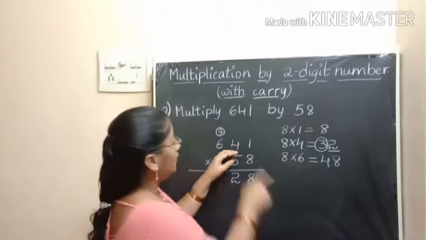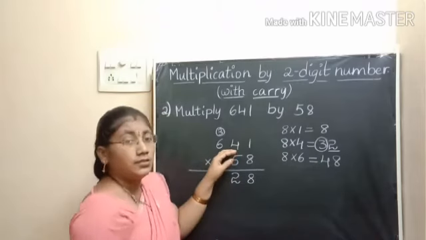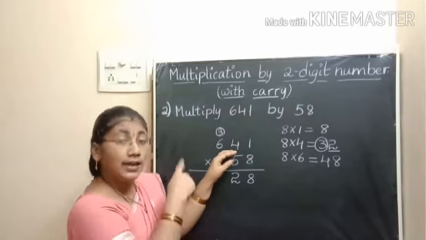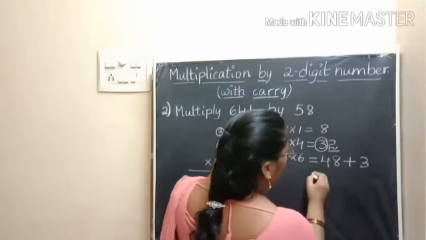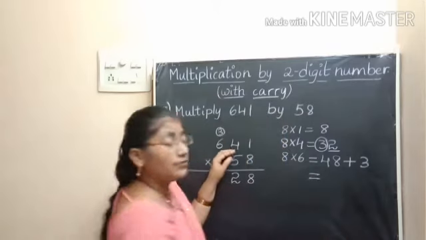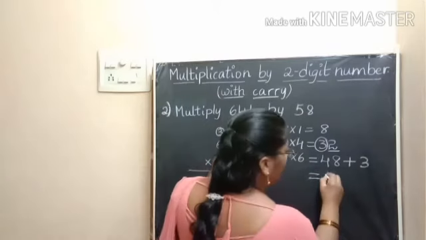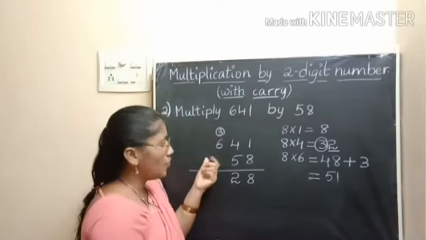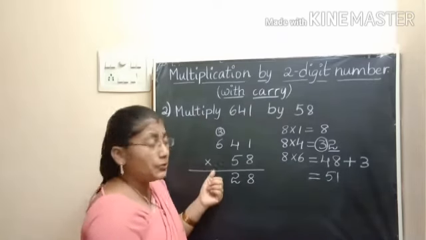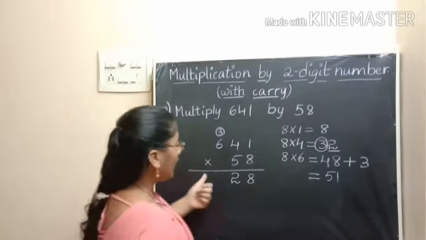But here we have a carry, so we should add that carry to this result. By adding 48 and 3, we get 51. So 51 is the result of the hundreds column digit. So we can write 51 here directly